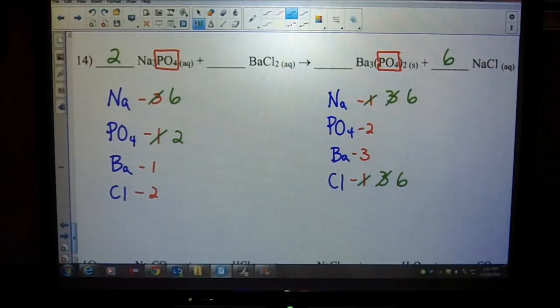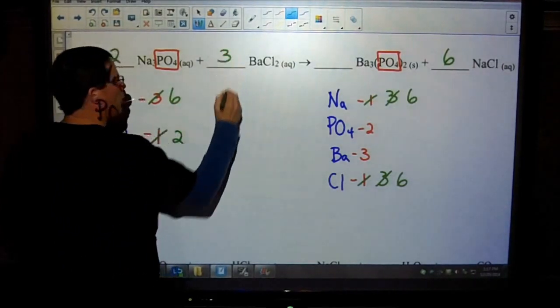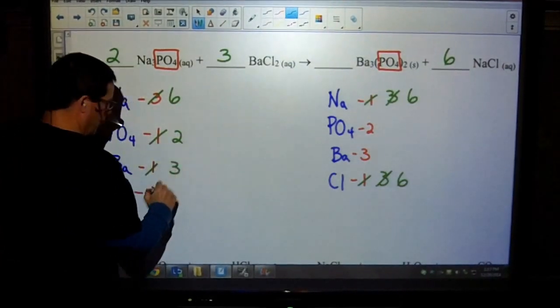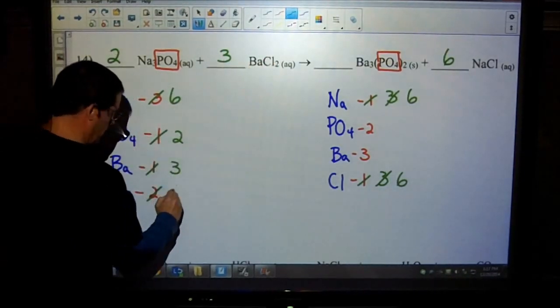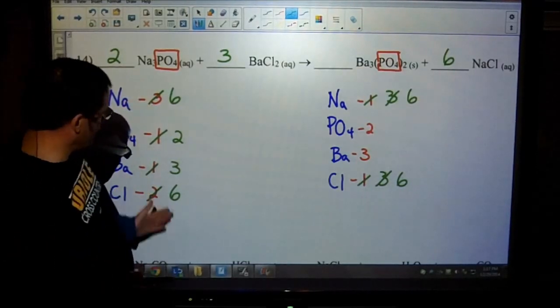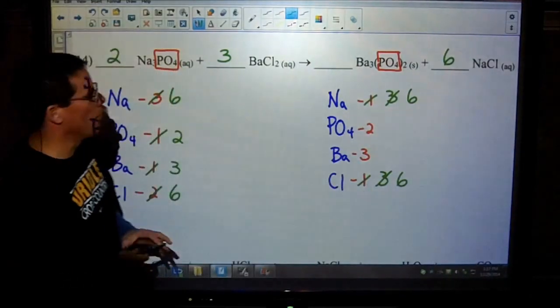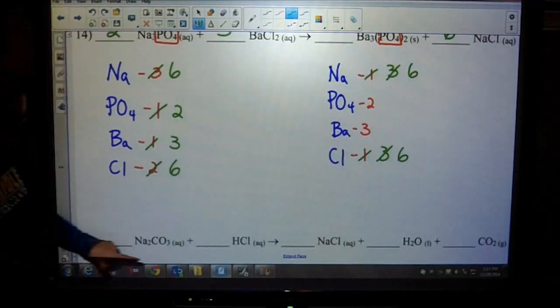My phosphates look good, so let's fix the barium. I have 3 here. I have 1 there, so that means I need a 3 there. So there's 3 of those. And then chlorine, 3 times 2 is 6. I believe I'm done. Okay. So again, when we're balancing the chemical equations, make sure you have the same number of atoms on both sides, or same number of polyatomics on both sides. Okay. All right, the last one,